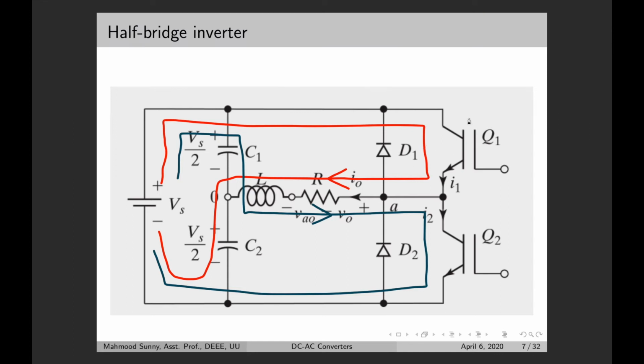So when, let's say, Q1 is on and the current is flowing from right to left, then if we turn off Q1, at that moment what happens? There is some energy left inside this inductor, and when Q1 is turned off, it still flows from here. So it actually flows through the diode D2,